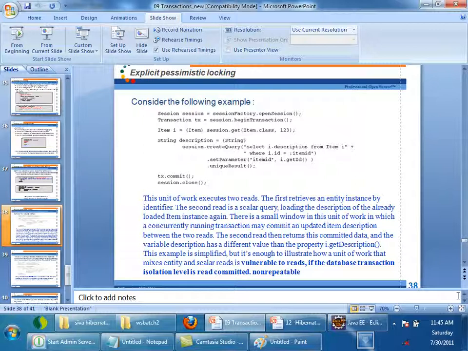After this line is executed, there will be some time slot allocated for each thread. The thread went to sleep mode. In the meanwhile, another thread has updated the item whose ID is 123, right? Now after some time this thread will get a chance, and it will start executing from here. Now this description whichever I got may be different than the previous object, right?